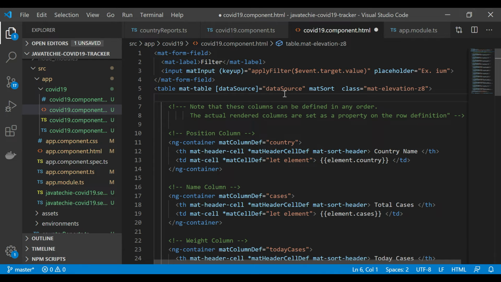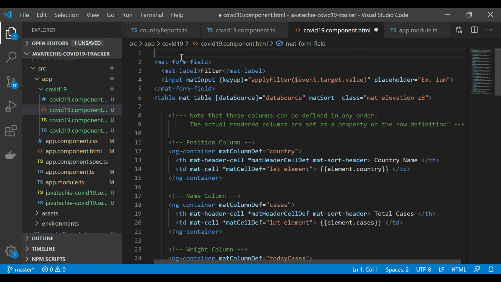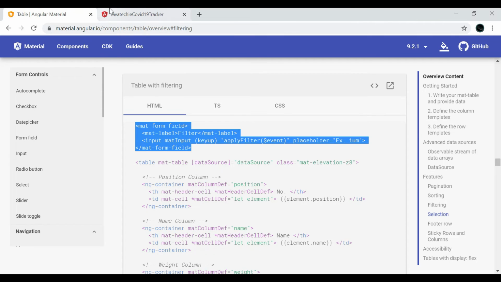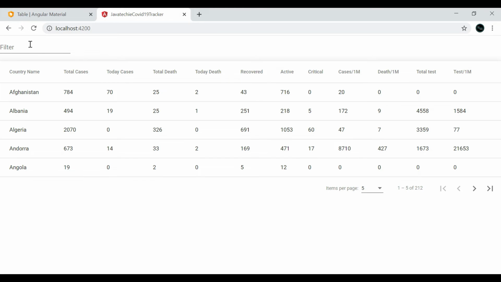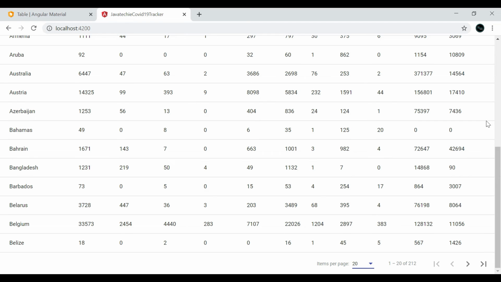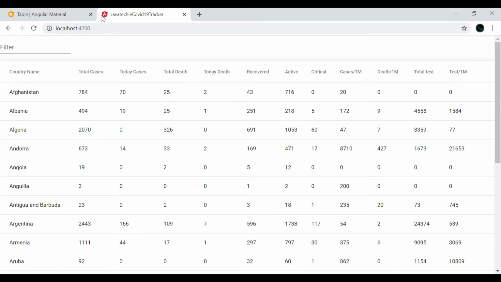Fine. Now save this. I will just format this HTML. I will add one more div here. Okay. Now save this. Now go to your browser. You can see this filter option here, right? So let me display more records. Now if you go up, here you can filter.